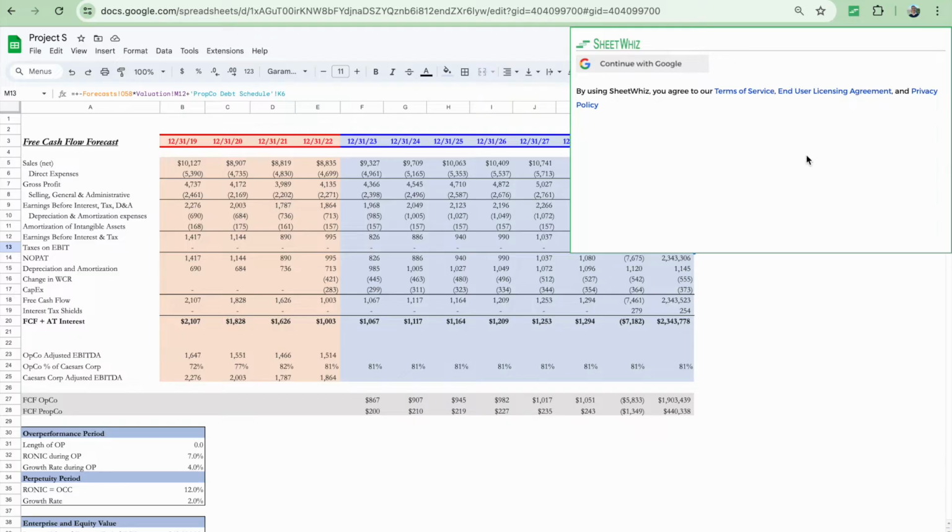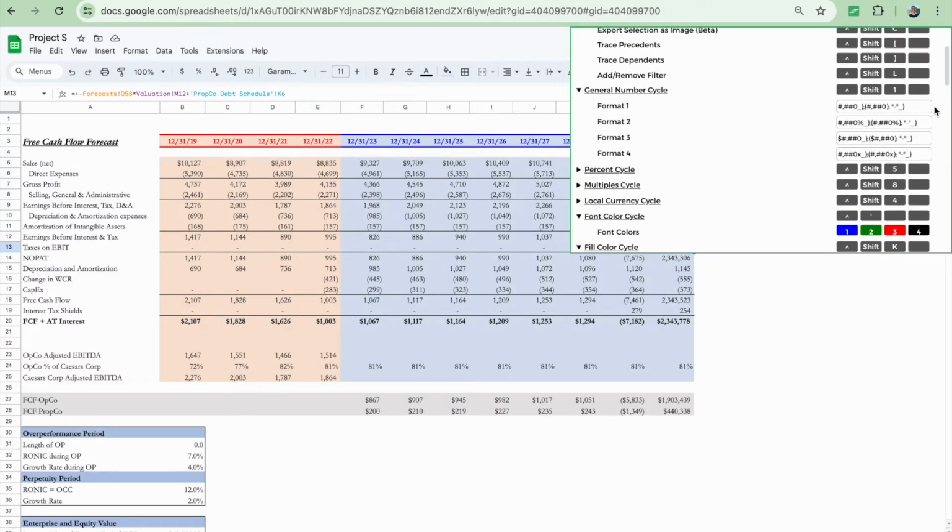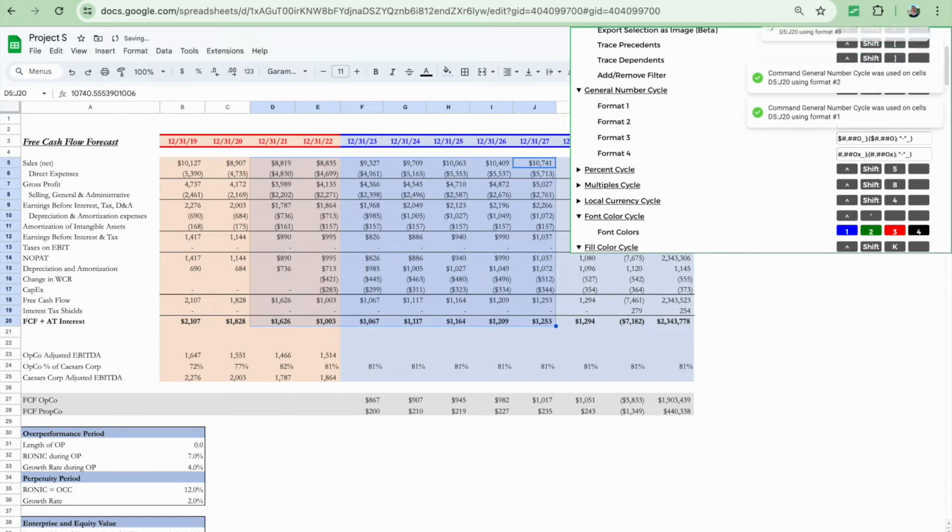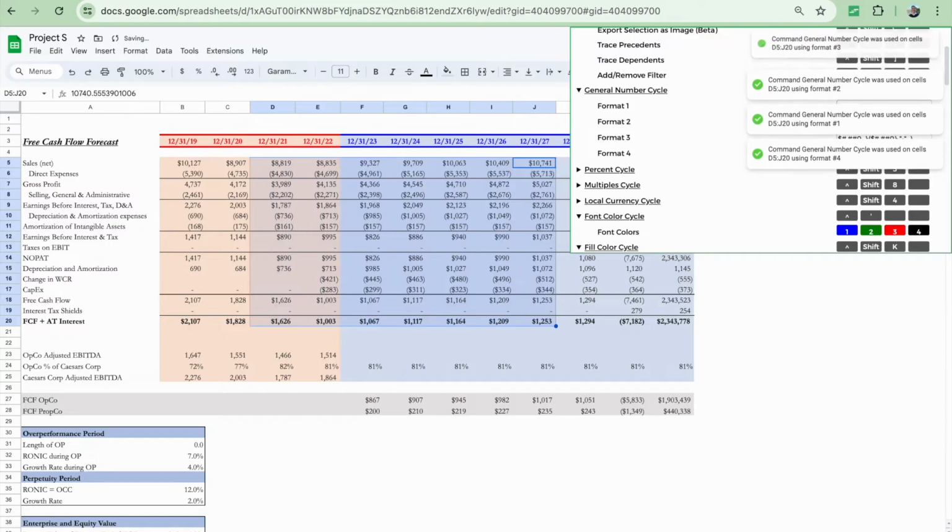We've also launched Number Cycle, which allows you to apply a number format to selected cells in a spreadsheet. To use it, set the 4 formats you'd like to use in the cycle in the menu. And when you execute the command repeatedly on selected cells, you'll be able to cycle through those formats in your